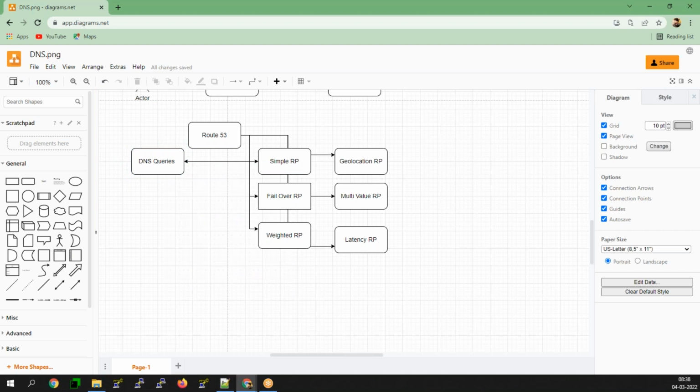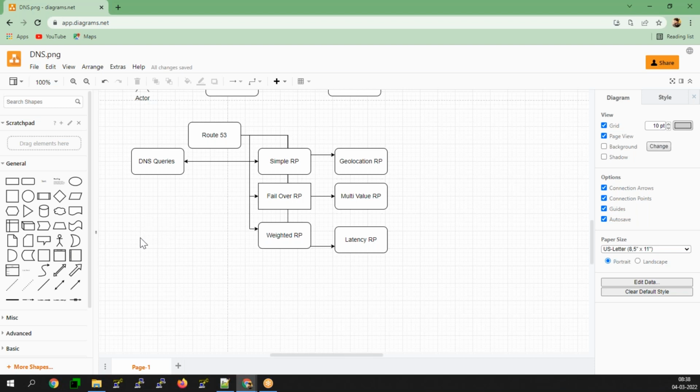If you ask it to resolve the CNAME record, it will resolve the CNAME. If you ask it to resolve the start of authority record, it will do that. It is performed without any additional features. It will simply perform the DNS queries. This is how it works.